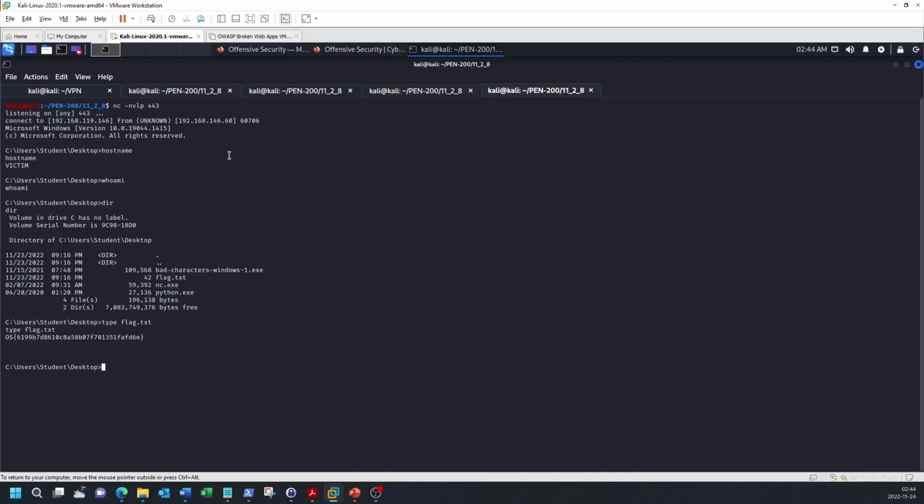I will note that the flag is randomly generated every time you revert the machine. So, there's no point copying this one, it won't do you any good. You'll need to follow the instructions I've laid out in this video, and then you'll get your own flag. You can now exit from the reverse shell. This time, you don't need to press Ctrl-C in Kali.